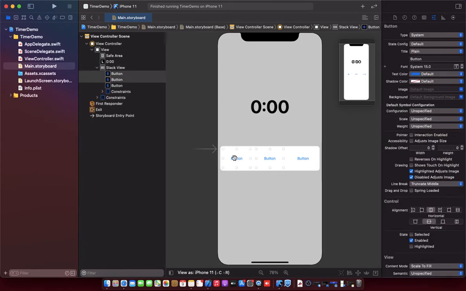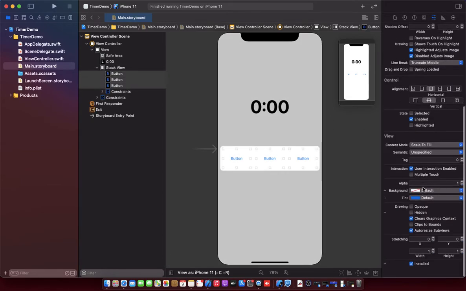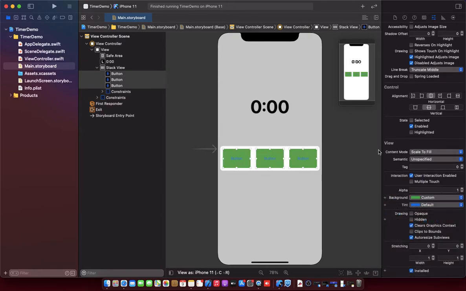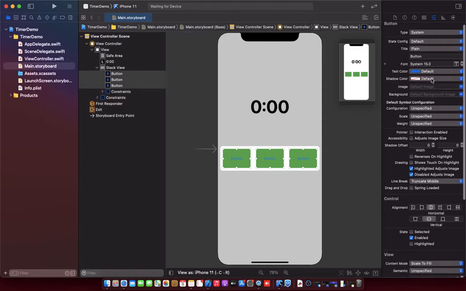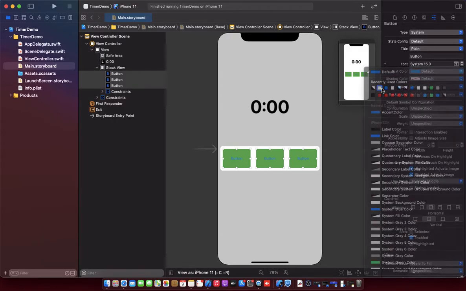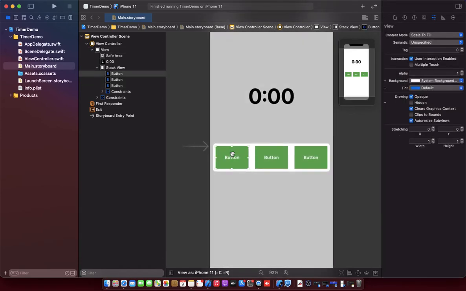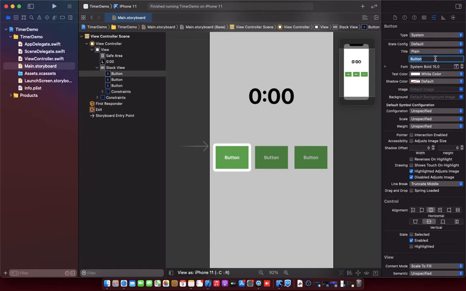Okay, let's change the color of the buttons. The background color will be this green and the foreground or text color will be white. Make it bold or semi bold, whatever you want, and this is the start button, and this will be stop, and this is for reset.